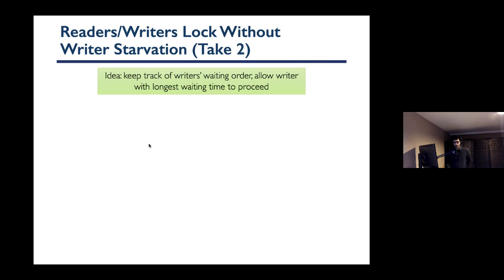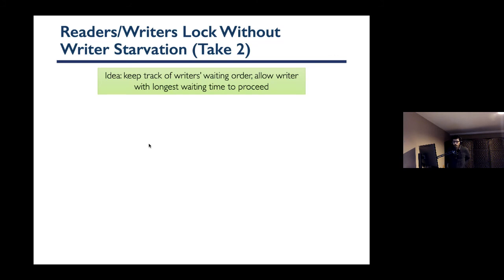Take 2. What if we sort of order our writers based on how long they have been waiting? With condition variables, you don't get to implement FIFO. The queue is not a FIFO queue. It has some logic, but it's not FIFO. So there is no guarantee on who is going to get the signal. There is a guarantee that you will get the signal if you wait for a certain number of signals, but other than that, there is no guarantee on who's going to get the signal